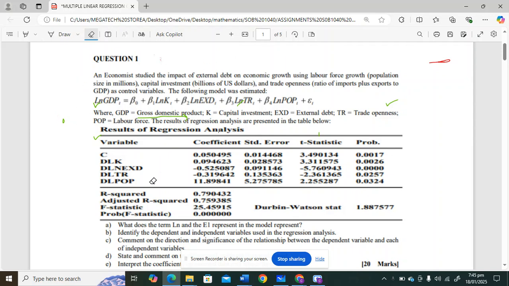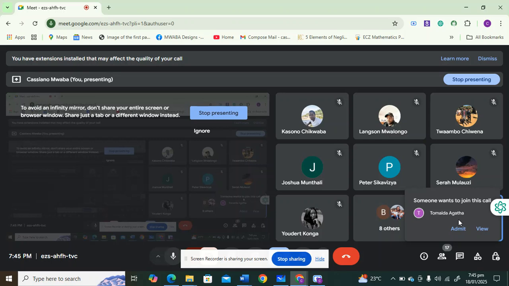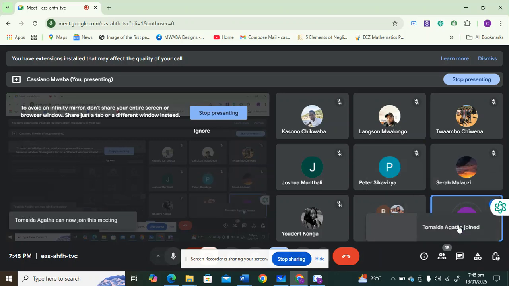All right, so we have a question here. It's dealing with linear regression. As I said, linear regression shows how certain variables relate to each other with an equation, a linear equation. So in this case, we're trying to see the relationship between GDP,